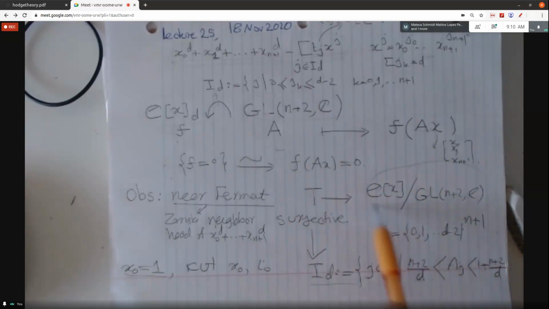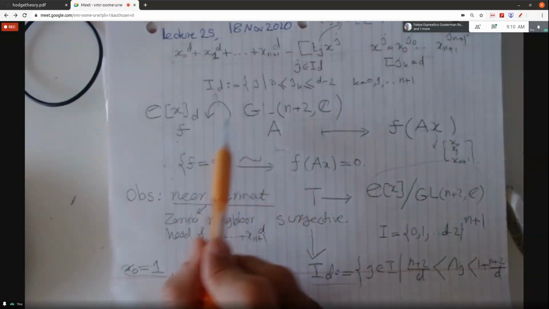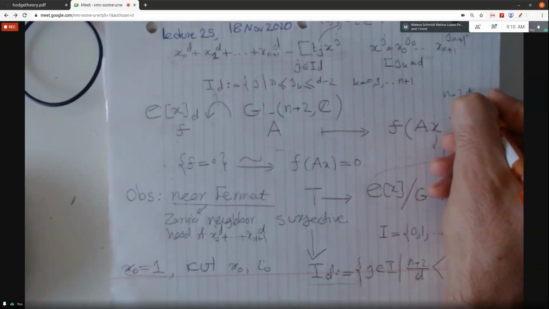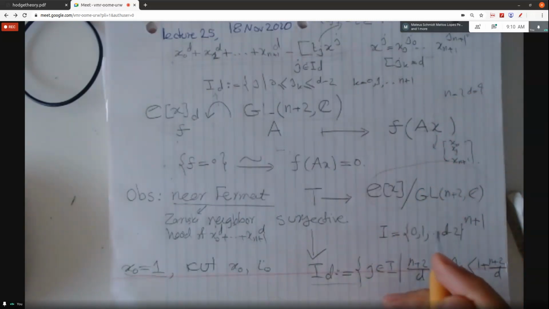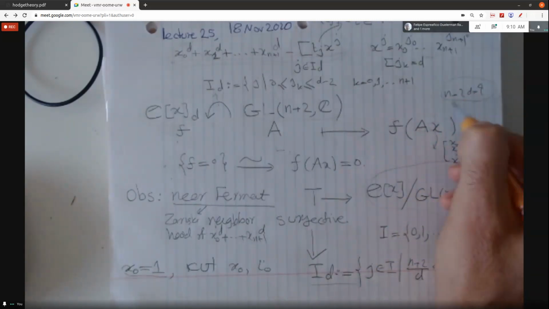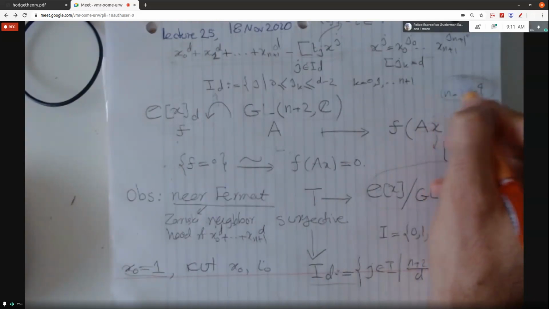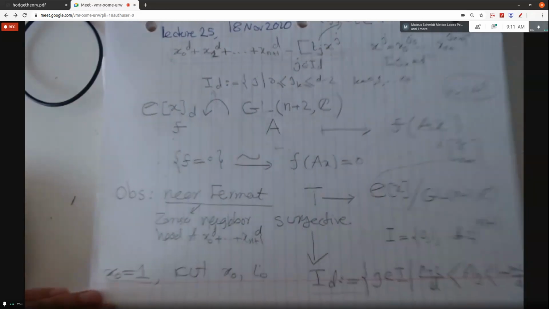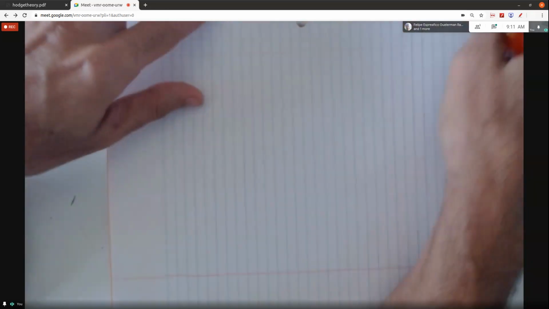This quotient is basically the moduli space of the hypersurfaces, except for some counterexamples, which happen, for example, for n equal to 2, d equal to 4. We discard this case, but other than this case, this is the moduli space of hypersurfaces. Okay, so let's go to